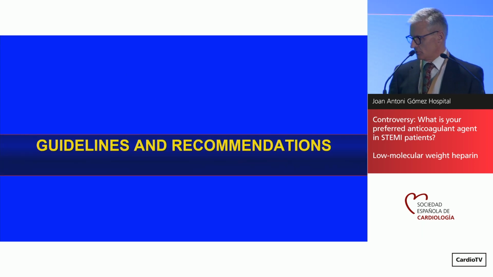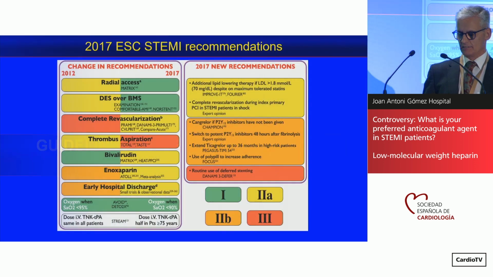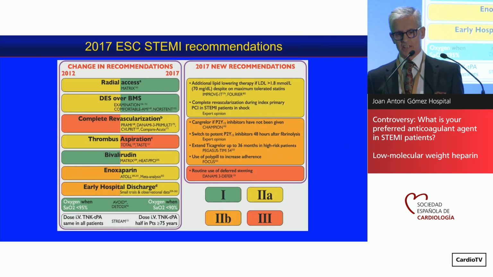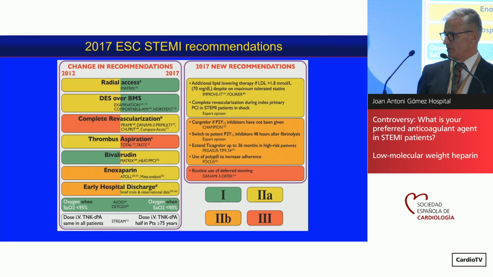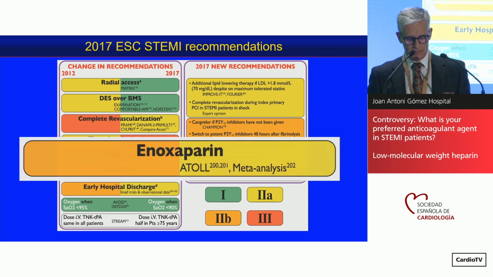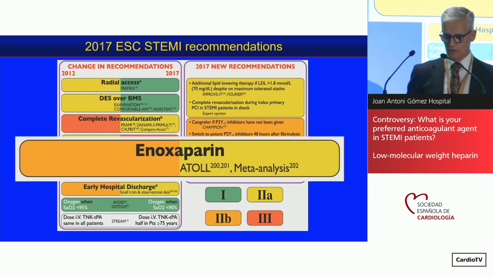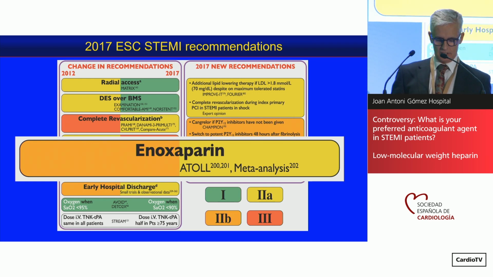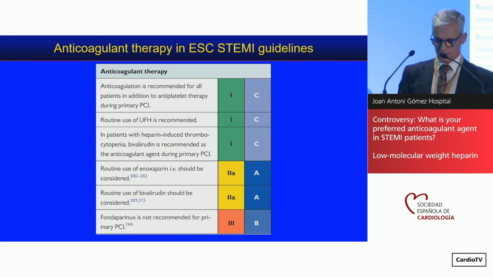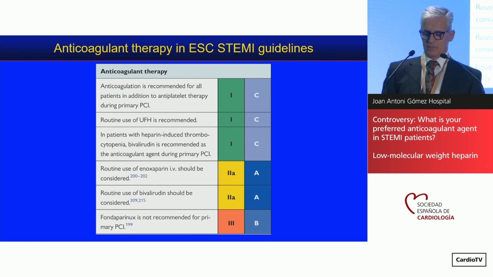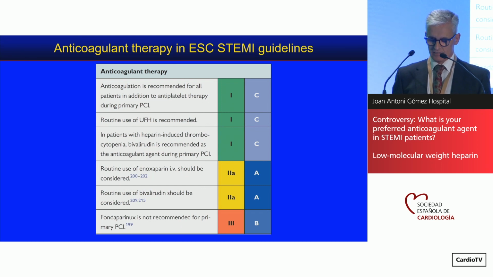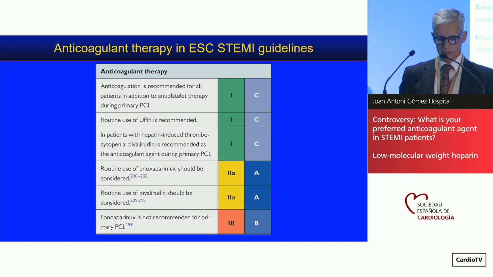So, Dr. Sanchis presented before, there are the guidelines. It's very difficult to convince the experts; even with more evidence, the experts are not convinced, but they increased the recommendation for enoxaparin, passed from 2B to 2A. As Dr. Sanchis presented, even with the evidence of A class, the experts are not convinced, and they give a 2A recommendation for the use of enoxaparin in front of 1C for the unfractionated heparin.